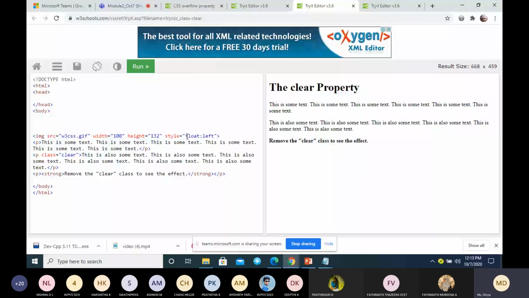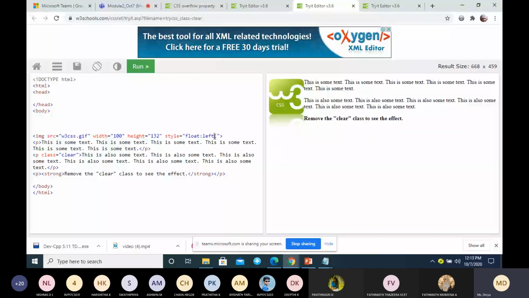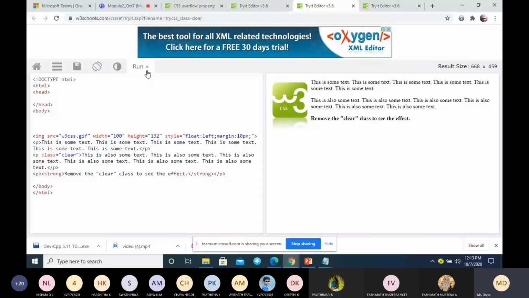Here is a two column layout using float, with margin 10 pixel. You can see there are two columns. In the first column you have an image. In the next column it is full of paragraph.